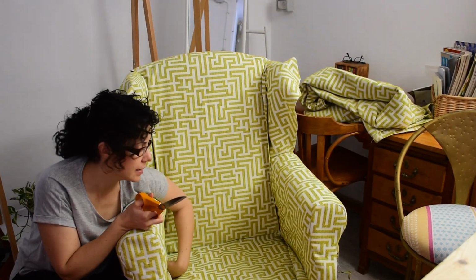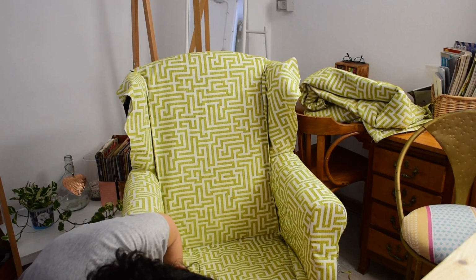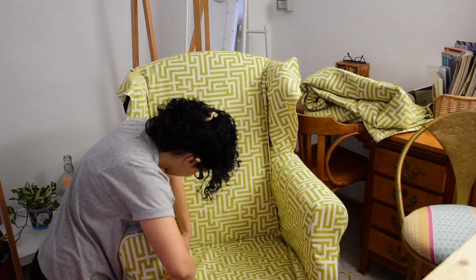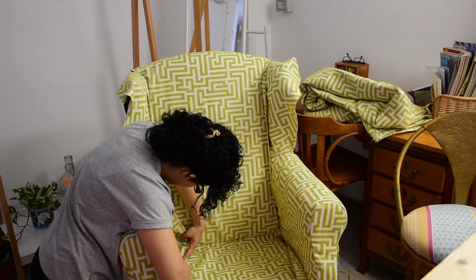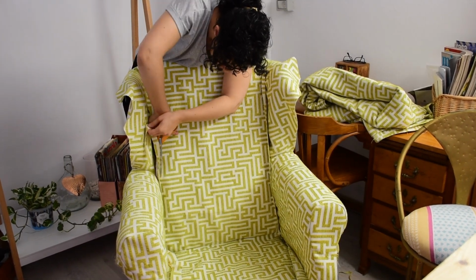Same. Let's cut the excess and then sew. This is my new seam, looking good. So before reinforcing it, I'm going to do the same with the other side, and once I try it all